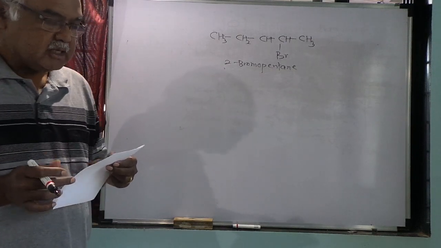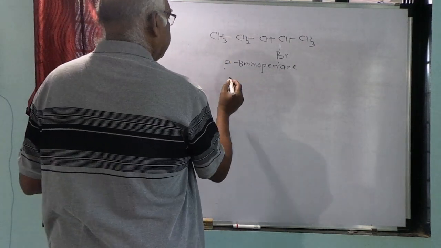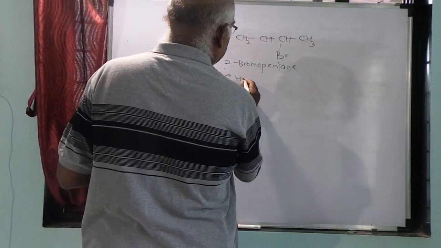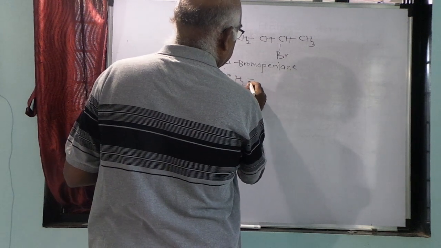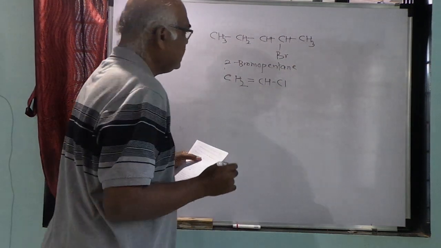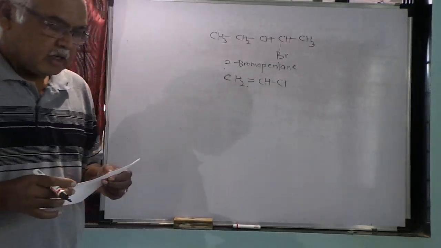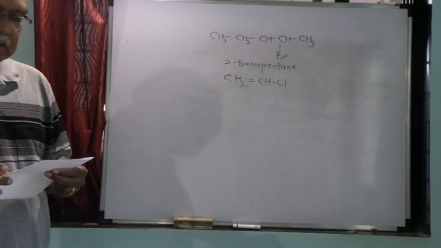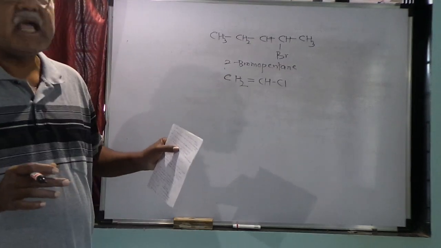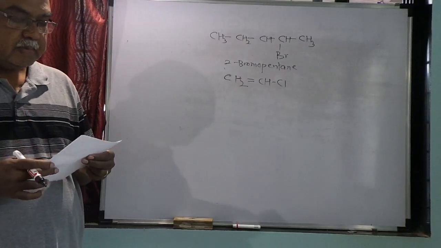The second option is vinyl chloride, that is CH2 double bond CHCl. Okay, this is vinyl chloride. Now this vinyl chloride is also a halo compound, but this is a haloalkene. So this is not the correct option. Then the third option is